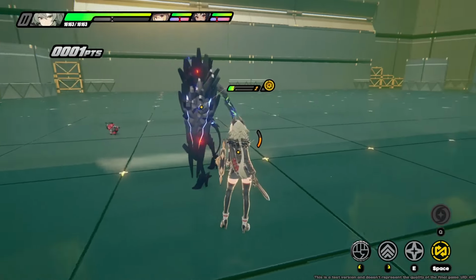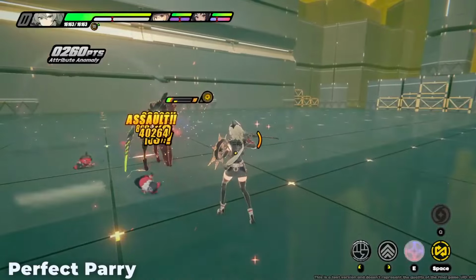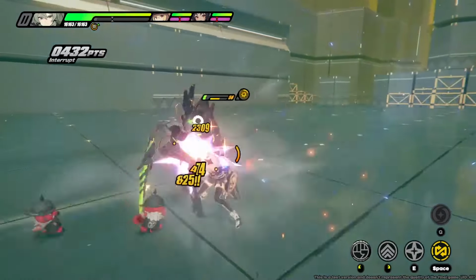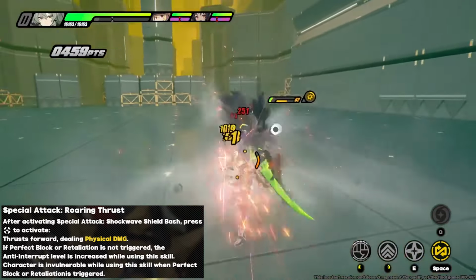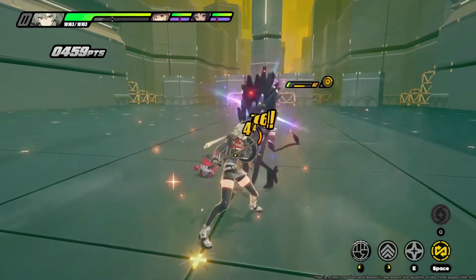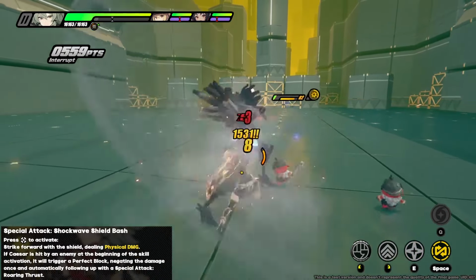She will strike forward, dealing physical damage. If you perfect parry, meaning you hit the special attack button as the enemy is hitting you, you will trigger a perfect block. This will negate the damage and automatically follow up with special attack Roaring Thrust. Anti-interrupt is increased and the character is invulnerable when using the skill after perfect block or retaliation. But to know exactly what retaliation is, let's take a look at the second half of this big old text